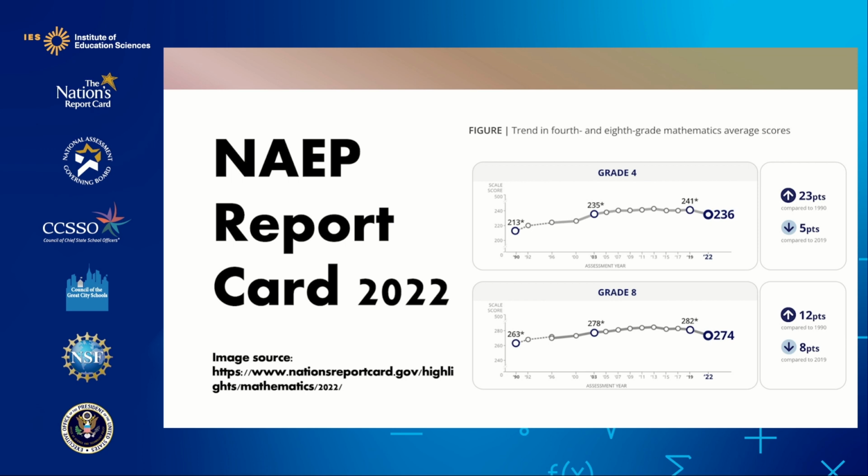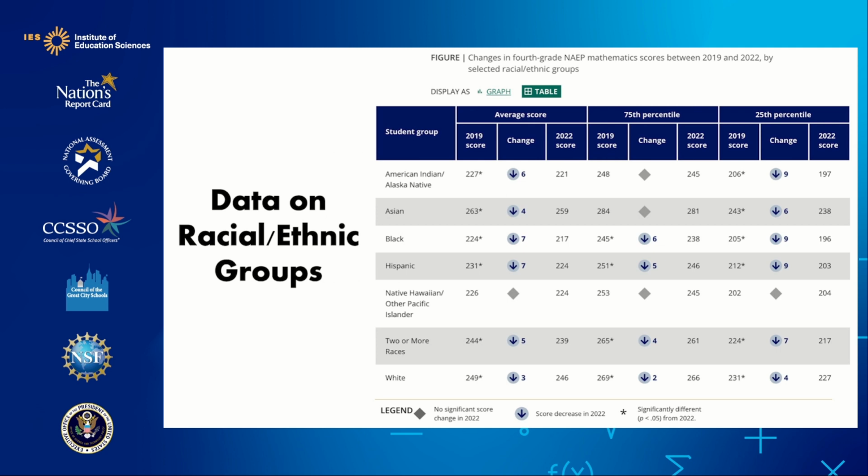And then funneling that data and disaggregating it to the racial and ethnic groups, in 2022, average fourth grade mathematics scores decreased for most student groups in comparison to 2019. For example, looking at racial ethnic group scores, these scores declined for American Indian, Alaskan Native, Asian, Black, and Hispanic students, students of two or more races, and white students. The score gaps between white students and their Black and Hispanic peers were larger in 2022 than in